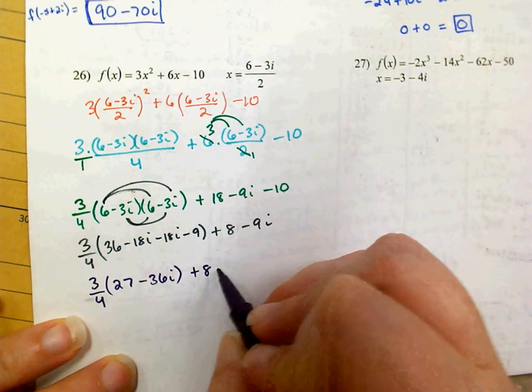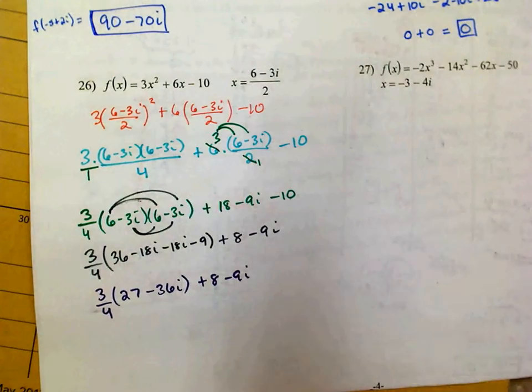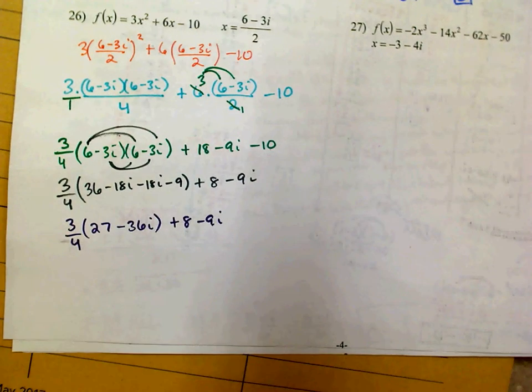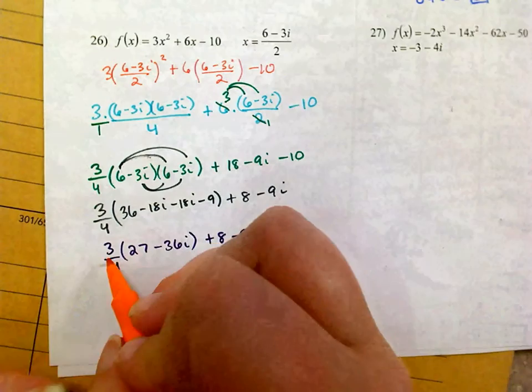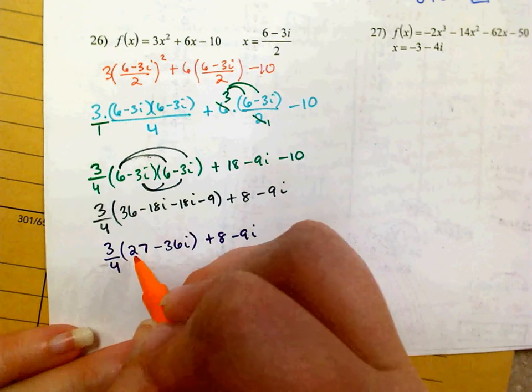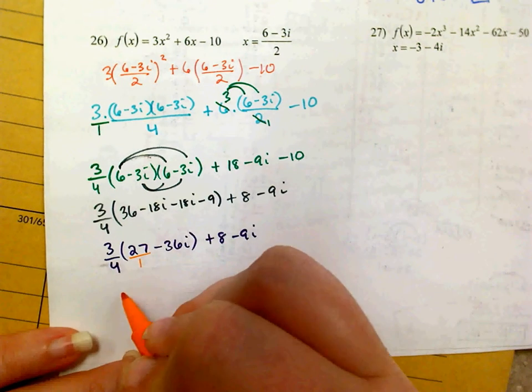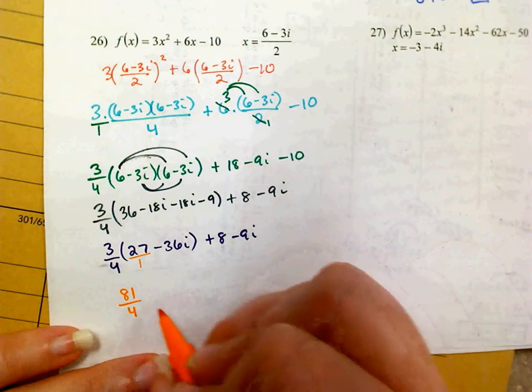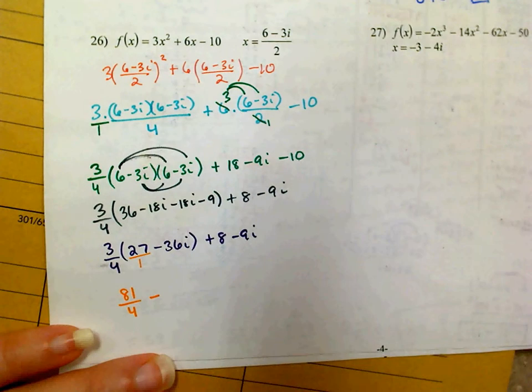At this point, what I need to do is distribute my 3/4. So remember, when I multiply by a fraction, I multiply numerator with numerator, denominator with denominator. So when I distribute 3/4 to 27, I think of it as 27 over 1. 3 times 27 is 81. 4 times 1 is 4. So 81/4 minus